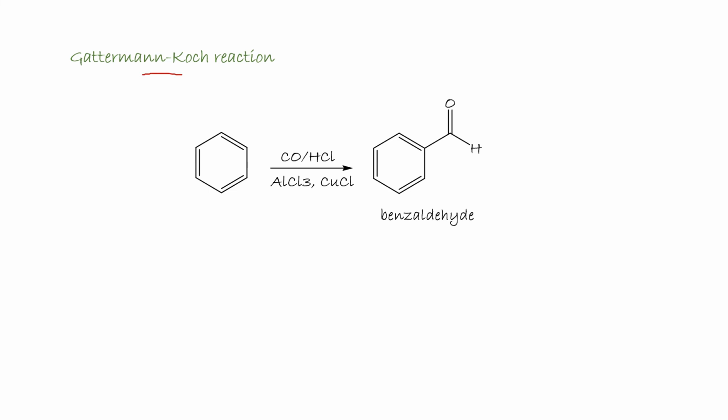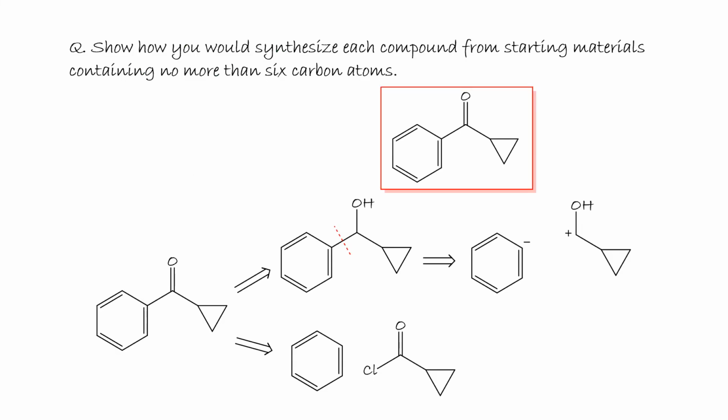Gattermann-Koch reaction, benzene with carbon monoxide, HCl, aluminum chloride, copper(I) chloride will give you benzaldehyde. Show how you synthesize each compound from starting materials containing no more than 6 carbon atoms. This cyclopropyl phenyl ketone,